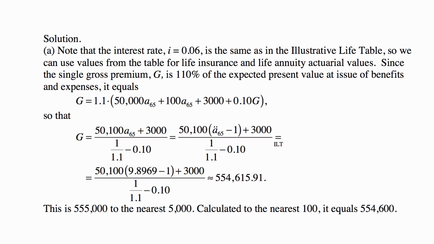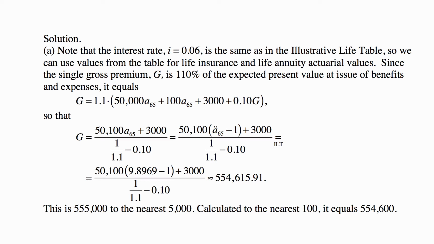So we simply solve this as an equation for G, and then look up ä65. It is equal to 9.8969. Plug it in, and we have the answer. This answer is 555,000 to the nearest 5,000. Calculated to the nearest 100, it equals